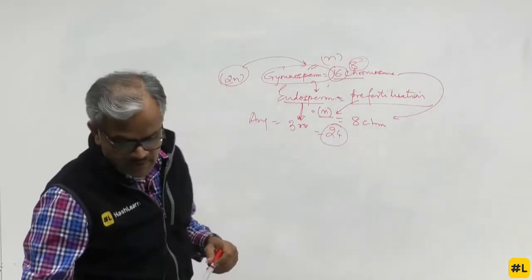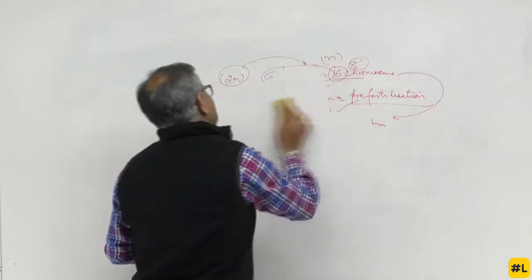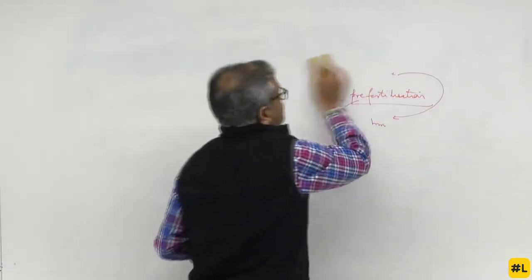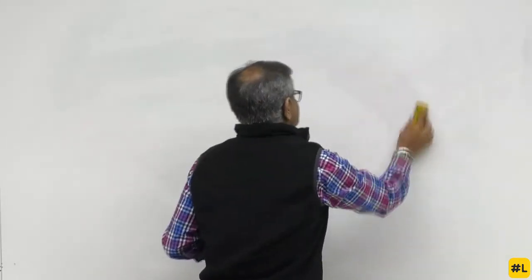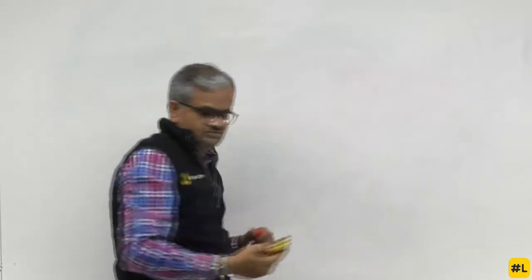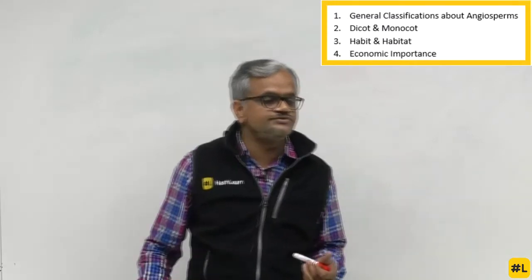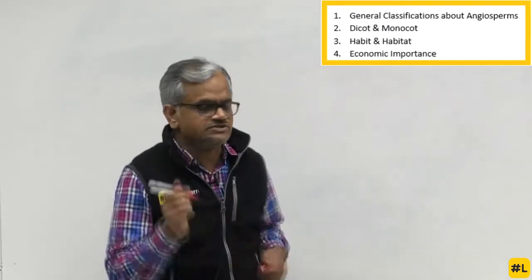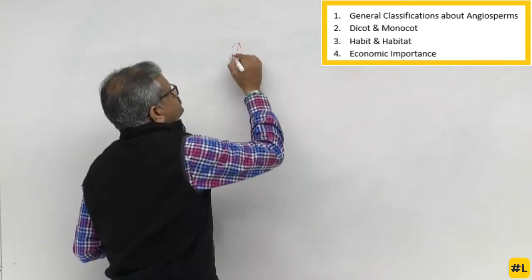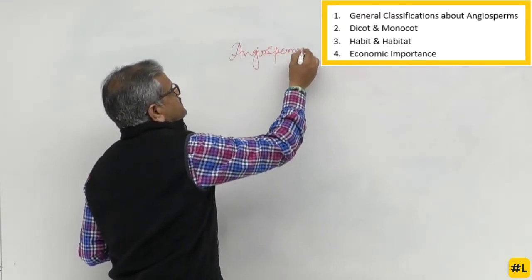Okay. So with this background and foreground, let me take you today to the last group of biological classification. We have discussed algae, fungi, bryophyta, pteridophyta, gymnosperms. So we will be talking to you about a unique group, that is what you have seen and up till now you know, angiosperms.